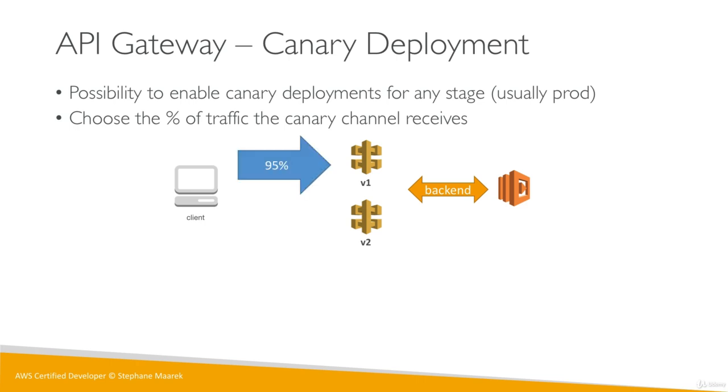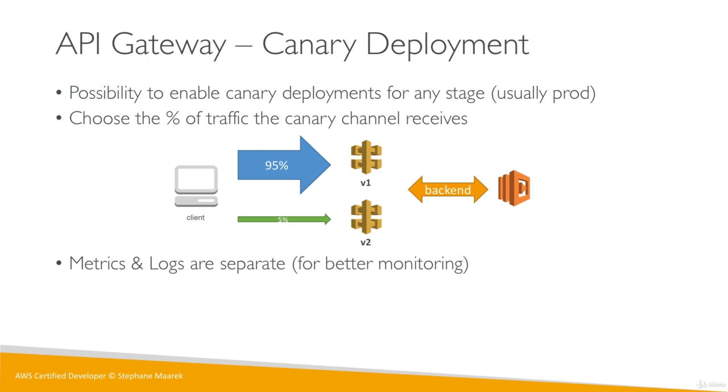But so our client maybe will redirect 95% of our traffic to the V1 API and only 5% to our canary channel. And so using this, we're able to have just 5% of the requests go through, and we're able to have logs and metrics separate. Using these logs and metrics, we can ensure that our API Gateway is not having any error responses, that our clients are happy, that everything works great with our V2 API. And so when we're ready, we can increase the version of our API Gateway and shift all the traffic to V2. And so that's the purpose of canary deployments.